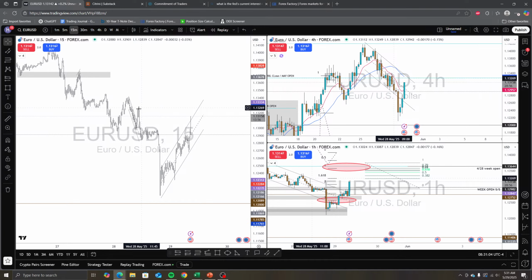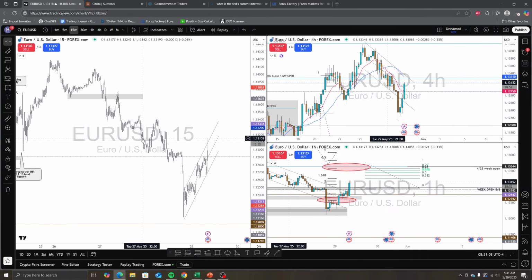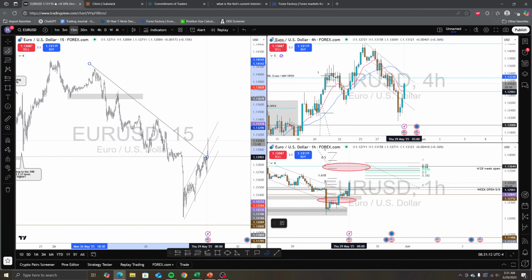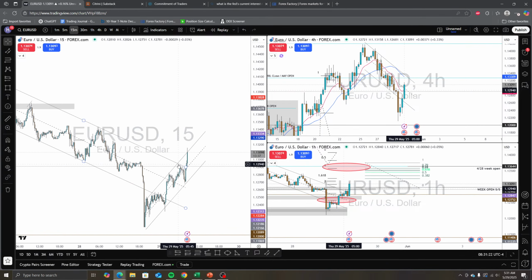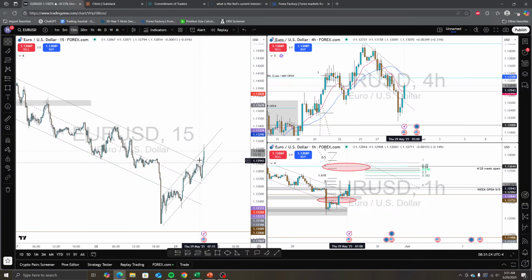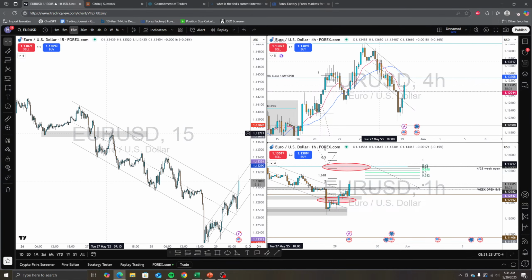Let me get rid of these because these are very short term. And let me just draw a little longer term thing going on, something like this. We could see that as it broke up this channel, a lot of liquidity came out. I mean, a lot of volume popped in. That little head poke right there. Get rid of this one.